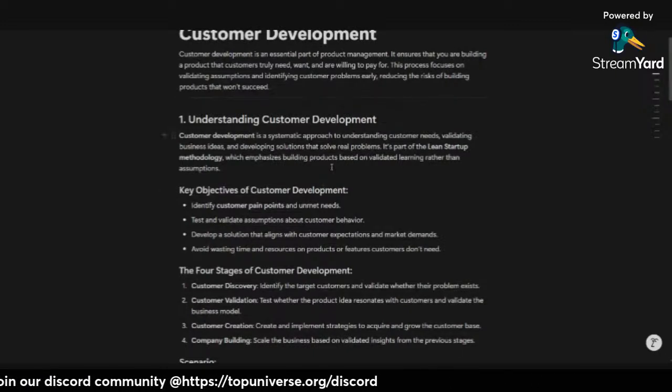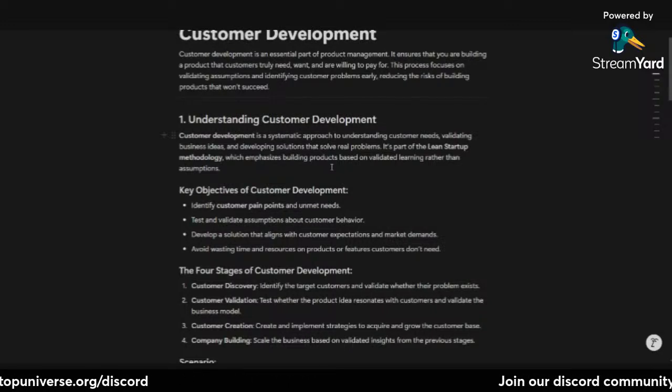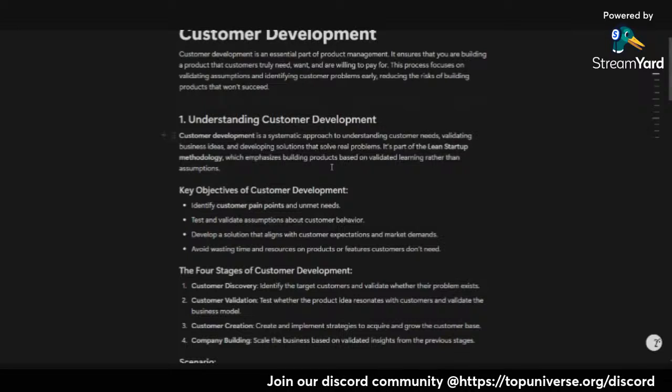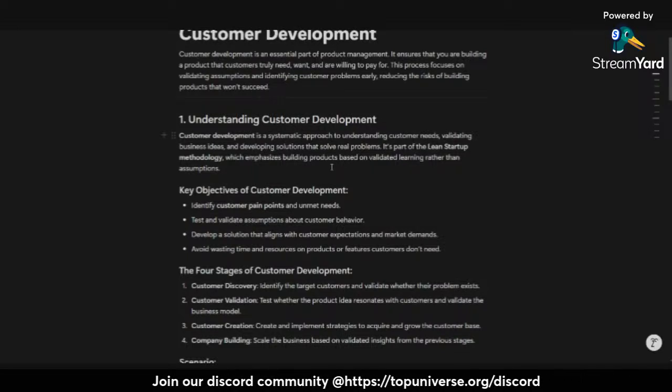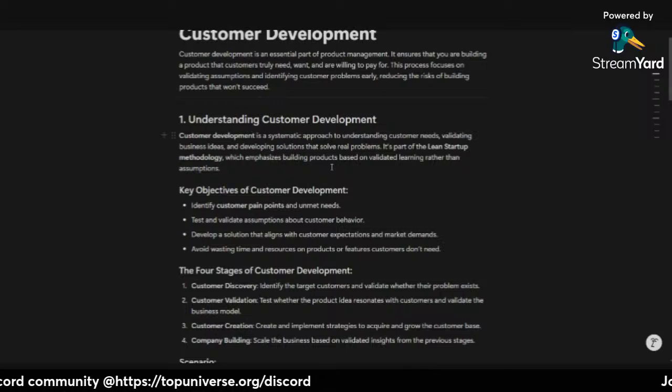So here are the four stages of customer development. The first stage would be customer discovery, which would involve identifying the target customers and also validating whether the problem exists or not. The second stage would be customer validation, which is to test whether the product idea resonates with